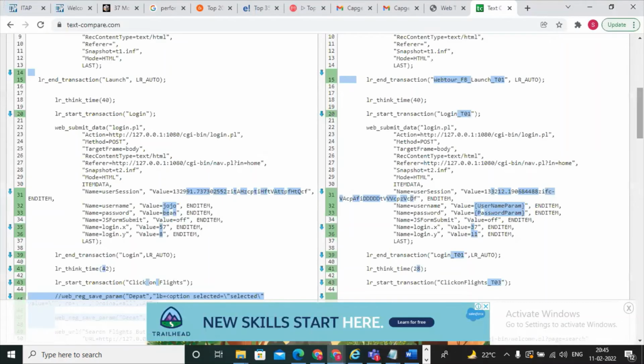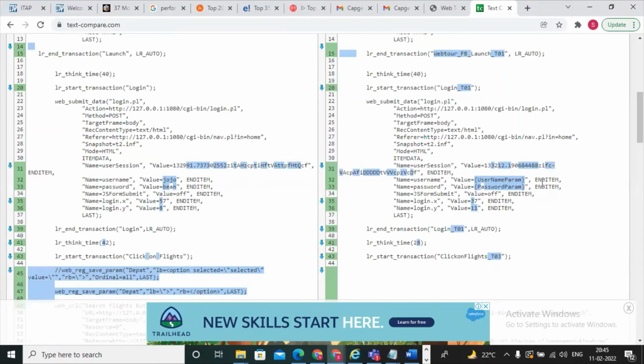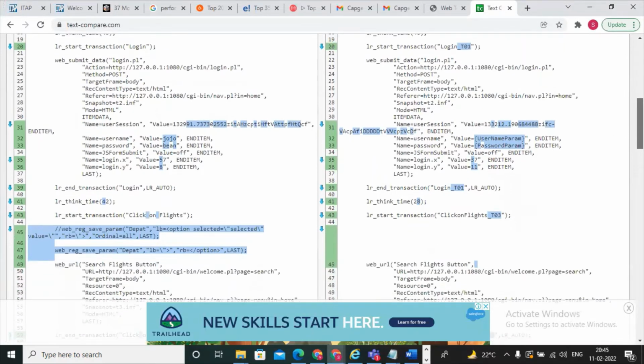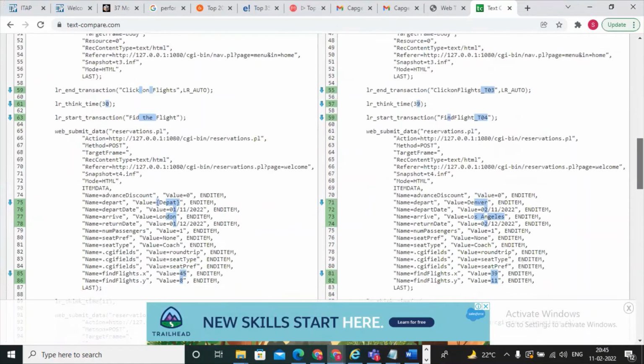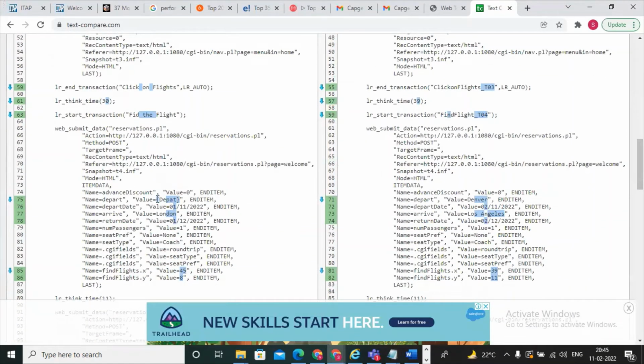Okay, and after that, you can go here. The username and password we are giving ourselves, so we know about that one. That value we can handle with parameterization. If it changes also, no problem. After that, you can observe here. Maybe I did correlation here. For example, there are some different values here. Here Denver is there, here Los Angeles will be there.